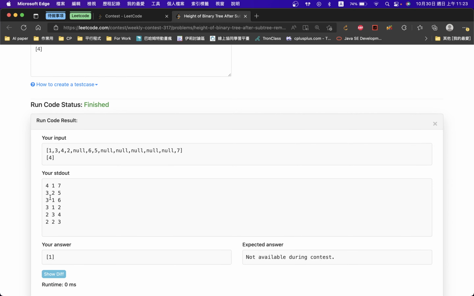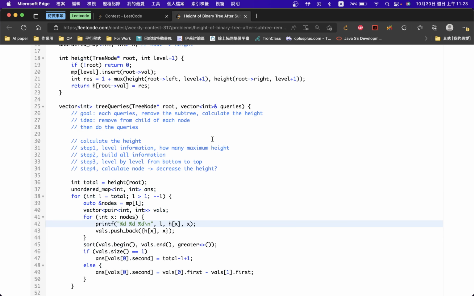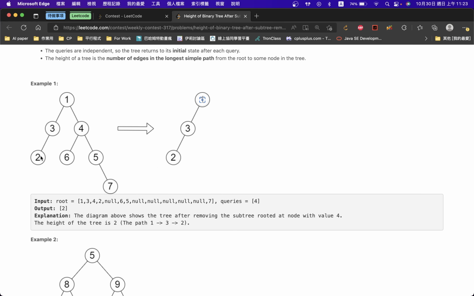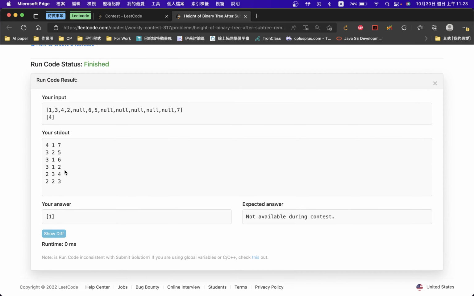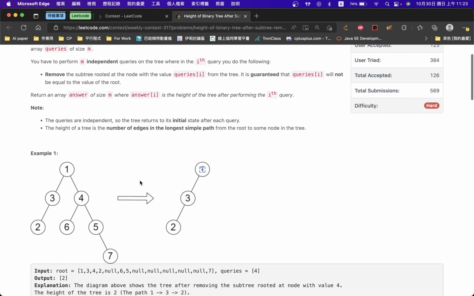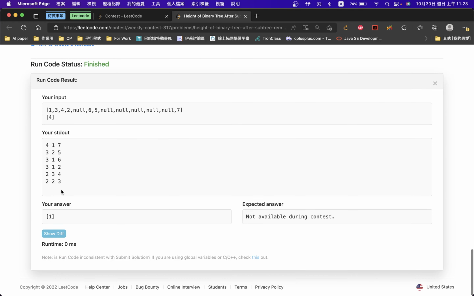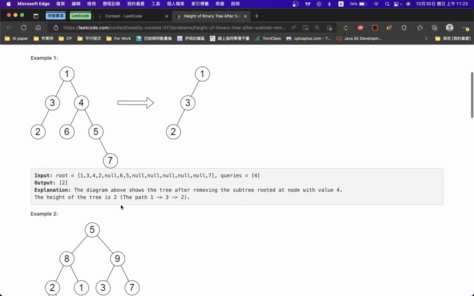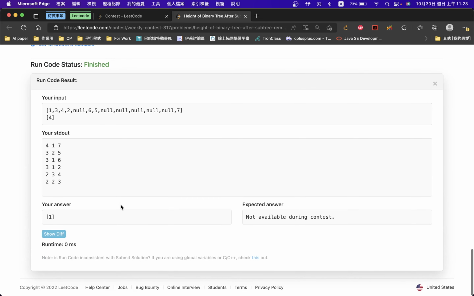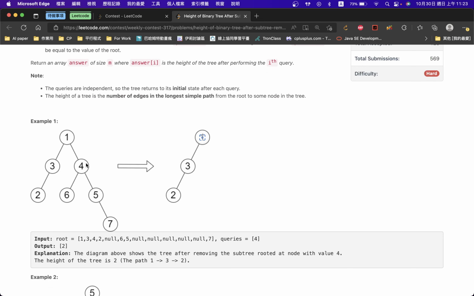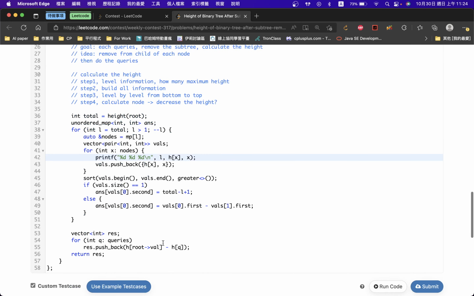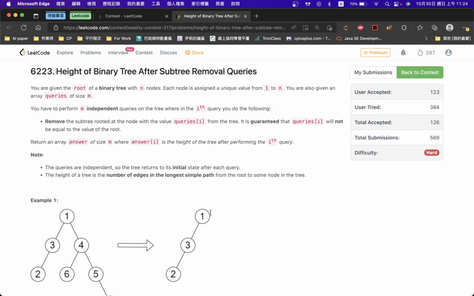Should we have 5, 6, 2 and a 4, 3? Okay, not a 4, 3. The height is 3 and 2. So wait, the total should be 4. So 4 minus 1 is, wait. Label is 4, and the root value it's